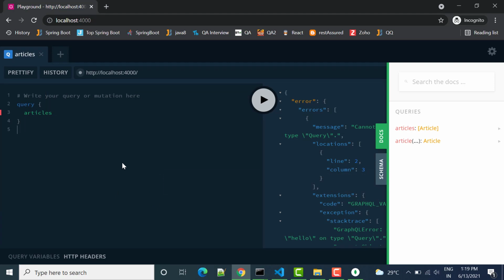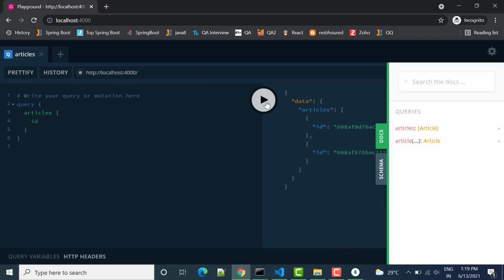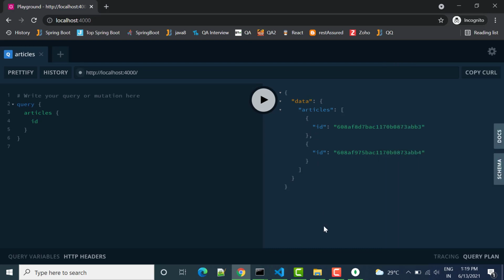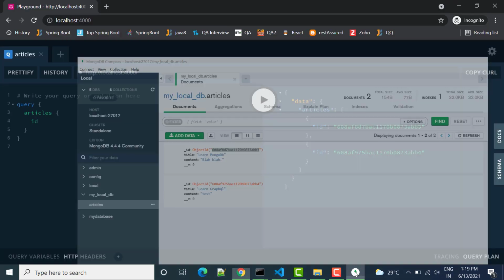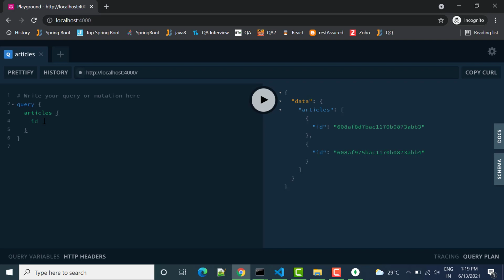And in this articles, now whatever things you want, you can specify here what all fields you want. So suppose I need ID, and then simply send it. You can see we are getting the ID, and this ID we are getting from here. So this one is the ID, right? And let's say if you need title, so you don't need to do any other thing, you simply write here title and then click.